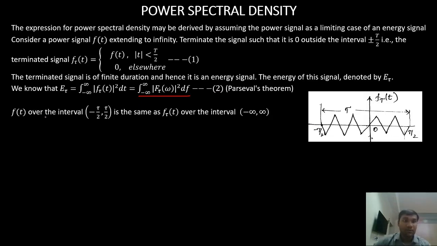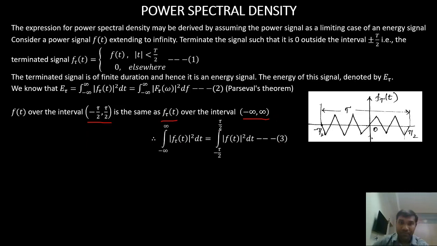Then f of t over the interval minus tau by 2 to plus tau by 2 — I'm calling this tau, not t — is the same as f tau of t over the interval minus infinity to infinity. Now, since it is the same, what can I write? The energy of this signal from minus infinity to infinity is going to be,